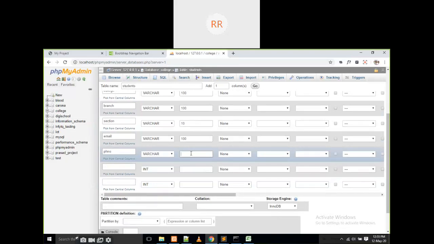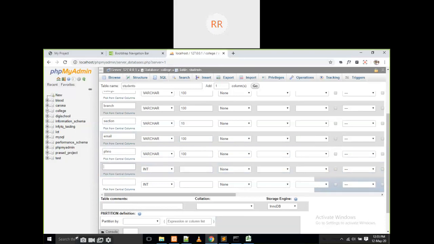If you take it as integer, the limit is around 32,000, but a phone number is much bigger than that. That's why don't use integer for phone numbers. Go for varchar, which gives 12 or 13 digits. Mainly it is 10 digits, so just go for 100, no problem. And what is the next one? Gender.